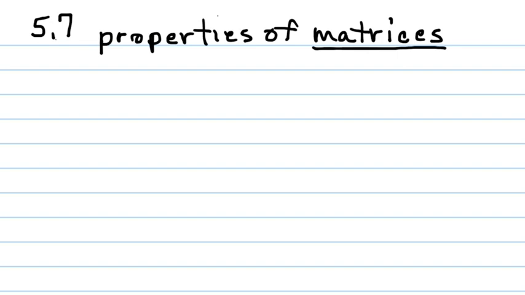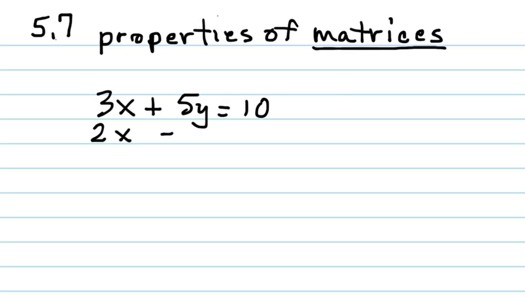Now you can also use matrices to rewrite equations in just a neater form so that you'll be able to do some things with them. So what's going to happen is you're going to leave out all the variables and just use the coefficients, or the numbers. So we're going to first start to talk about what a matrix looks like. And to do that, the best way to show it is to actually write out some equations, and then we'll write these in matrix form so that you can see